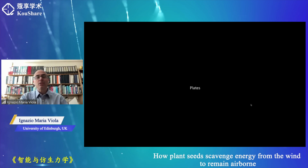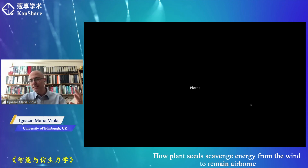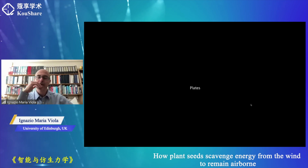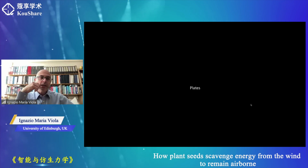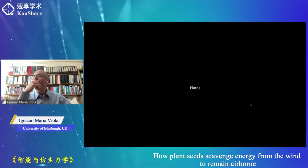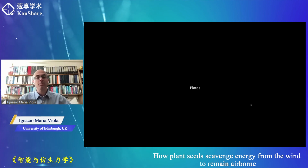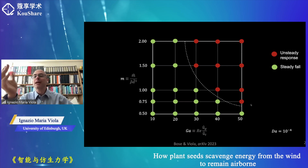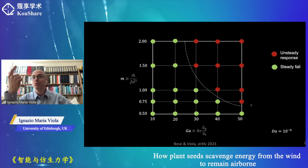Okay, so now we move to plates. The reason, as I said, we move to plates is because plates represent nothing else than a two-dimensional model with respect to the one that we have just explored. The major difference is that the flow is a little bit more unsteady, and therefore the transition between a stable and an unstable fall is not at the same values of the parameter space, but the physics remain the same,